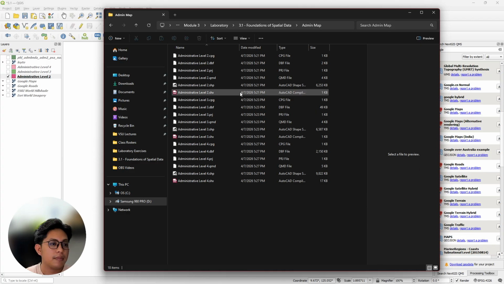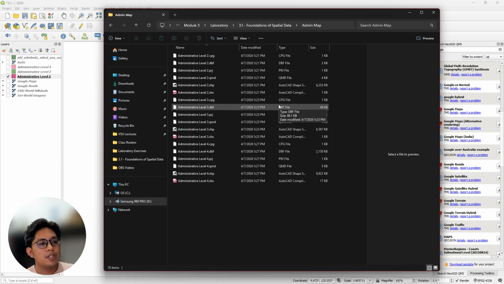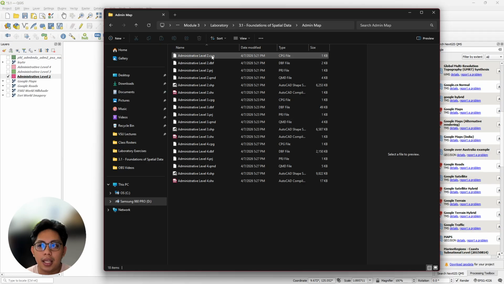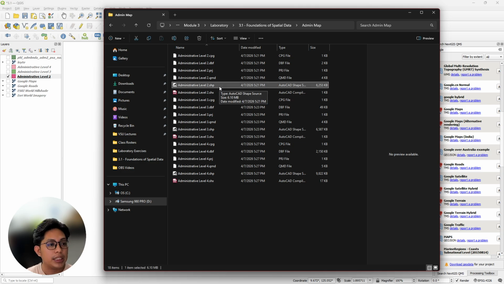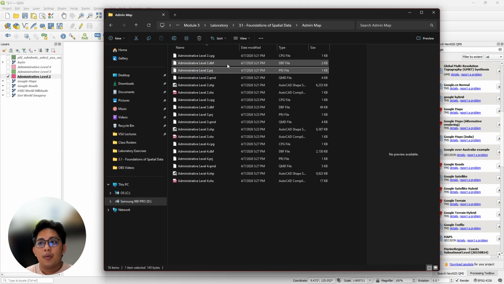So, pag mag-send mo og shapefile sa imong kauban o sa inyong groupmates, i-apil ninyo ang lain-lain na extension because if you only send the shapefile, it's not gonna work. When you send it in a folder, most of the time you compress it and send it through email. Ganun lang.